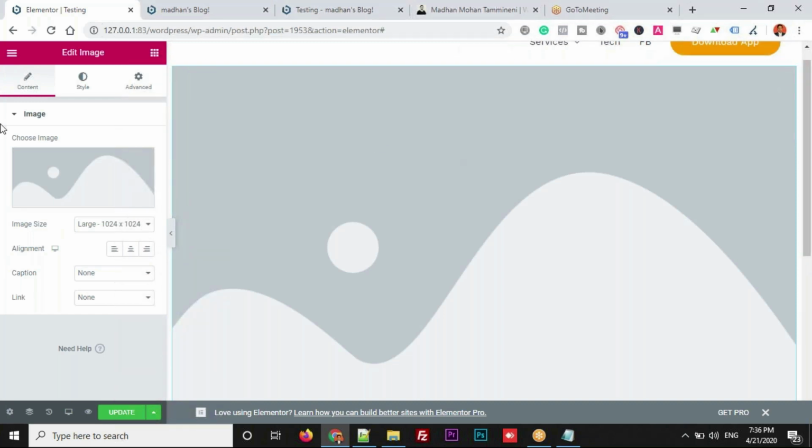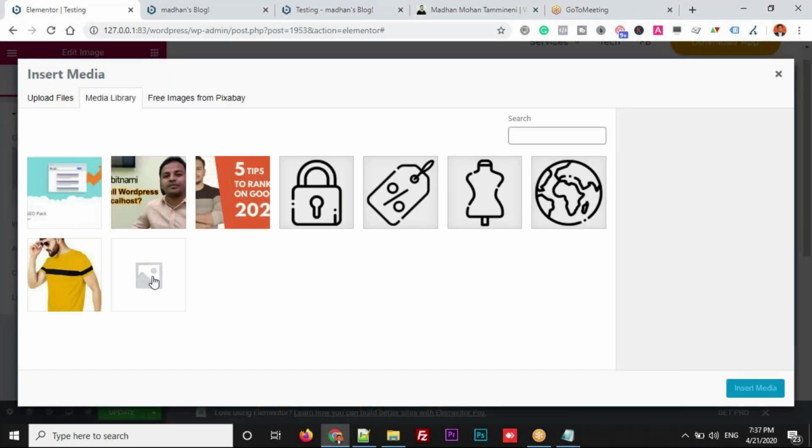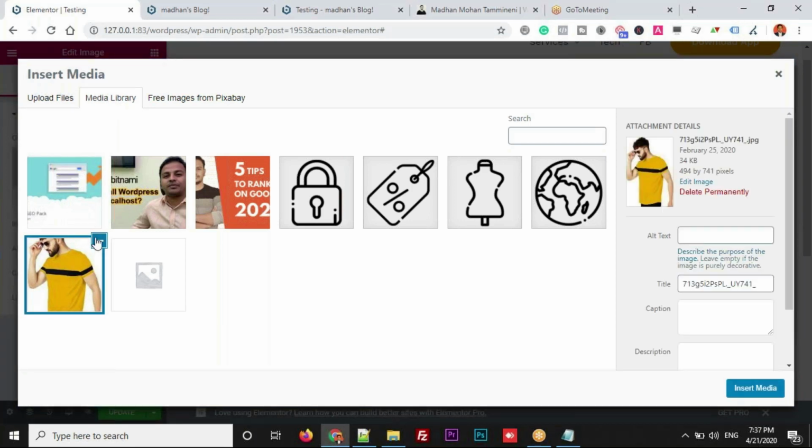Now you can see the image widget has been added, and on the left side again, because I chose the image widget, the widget related options will be available. And this is a dummy template image. If you want to change the image, just hover on the left side. The choose image option is here. Just hover on it and you'll have a choose image button. Click on it. If you have images uploaded on this website, those images will be available in the media library and you can pick from them.